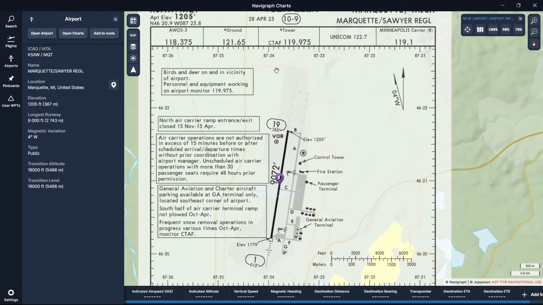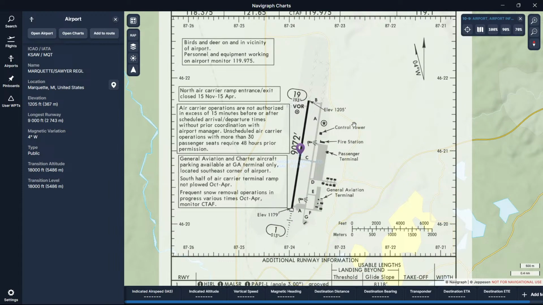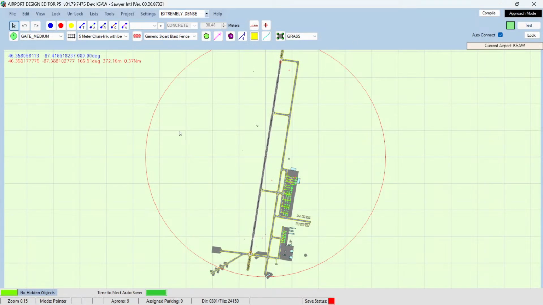And if you can see up in this area of the Navigraph chart, the taxiway used to extend up here, and the end of the runway used to be here, because this used to be a 12,000-foot runway for use by the B-52 bombers and the KC-135 tankers that used to be stationed at the Air Force Base. So that all still exists. It's just, I think they've got the X's and stuff there so nobody uses it. So the runway is now 9,072 feet long. We'll work on fixing that in a little while, but I just wanted to concentrate mainly